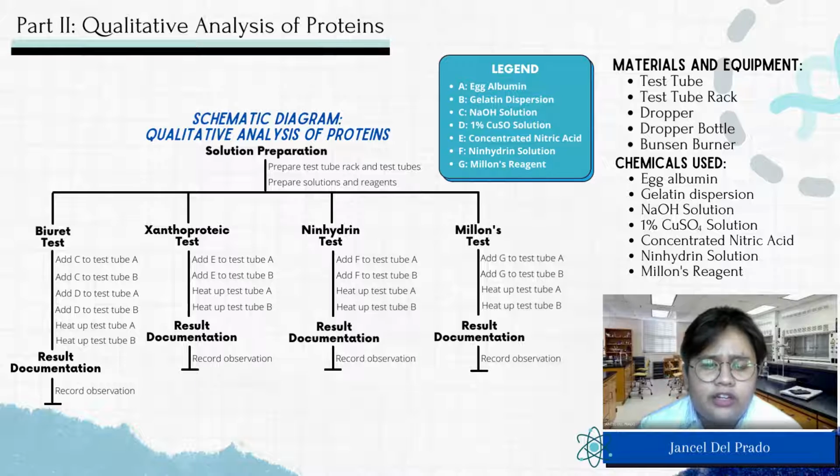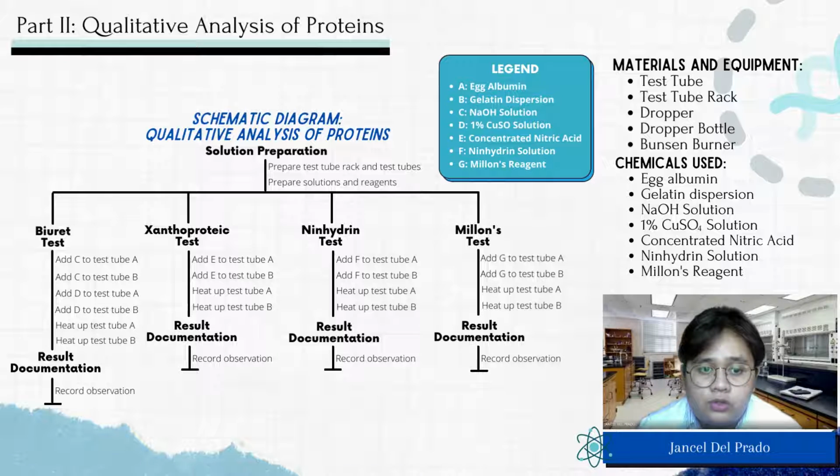However, there is no longer the need for a water bath and an ice bucket. The chemicals used were egg albumin, gelatin dispersion, sodium hydroxide solution, 1% copper sulfate solution, concentrated nitric acid, and Millon's reagent. Of course, we start off by preparing the solution, but since it's a virtual lab, it has already been prepared for us. The first test we do is the Biuret test, which starts off with the addition of the